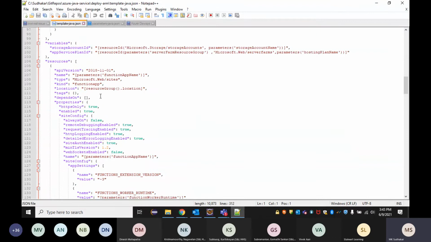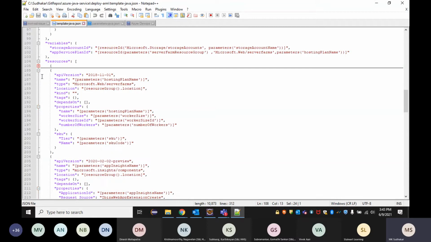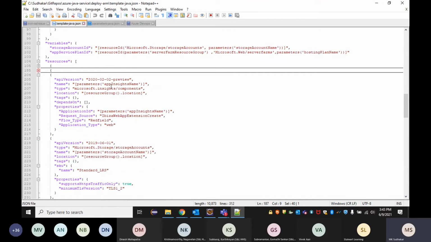So here you can see the same thing, right? The first resource is creating the websites. This is the first resource, which I already explained, so I'm not going to talk about this. The second thing is the hosting plan name, which I already explained. So, which plan you're going to host this resource on.